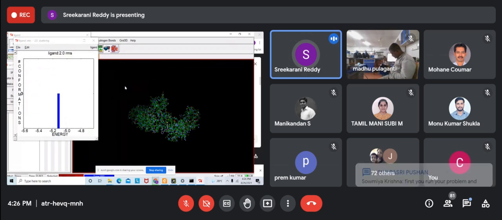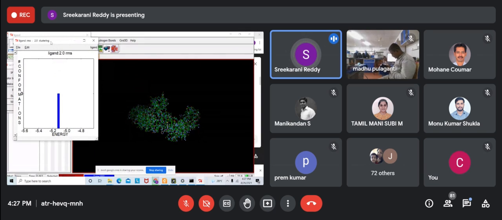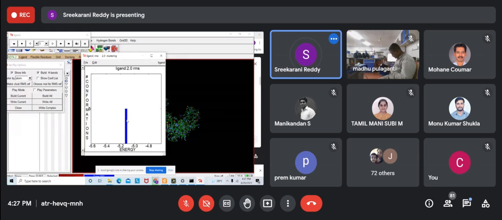So show clustering. Here actually I have given only 3 conformations. That's the issue. It has not given that many hydrogen bonds and other things. So generate as many conformations as you can, so that you will get the best conformation from that and the best binding score. This is the one of minus 5.25, which we have chosen for the first conformation. It will try to give as many bars if you generate the different conformations.